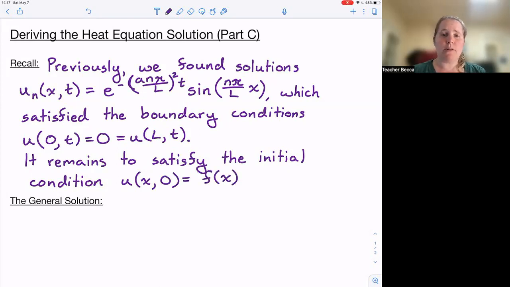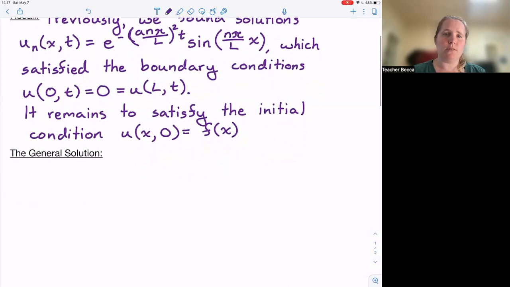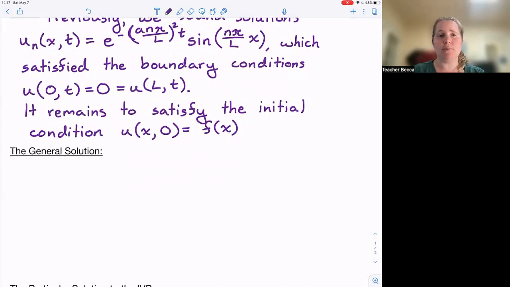So essentially what we're going to do is take a linear combination of all of the u sub n's. So the general solution, we will go ahead and set u of x,t